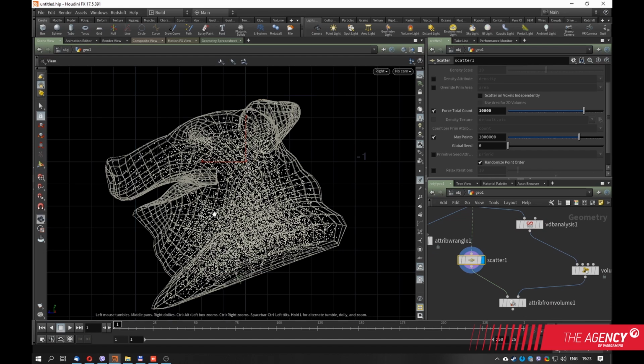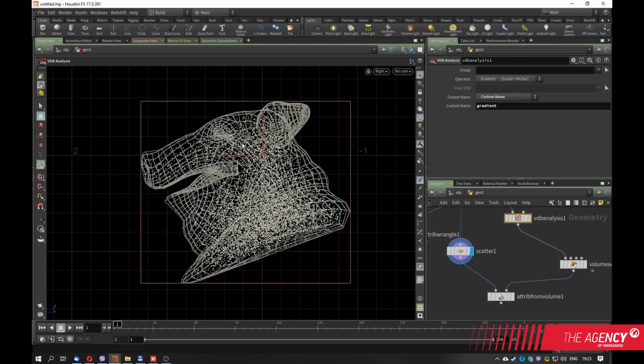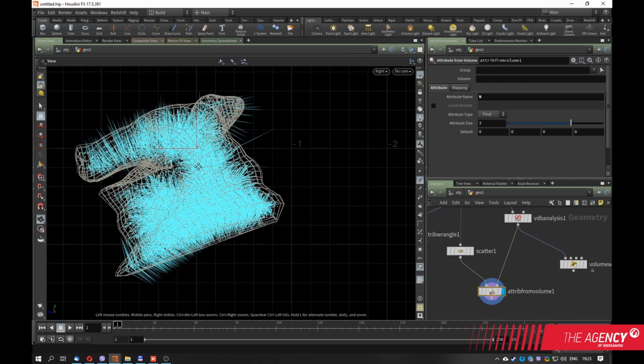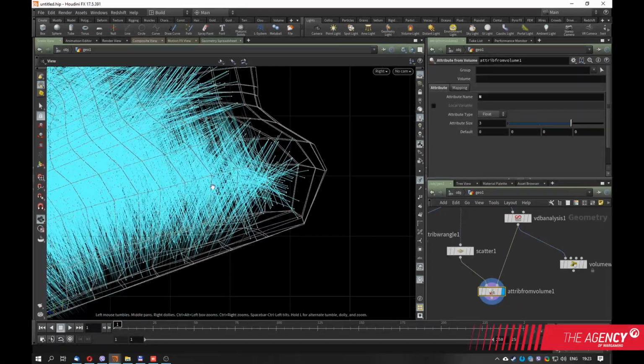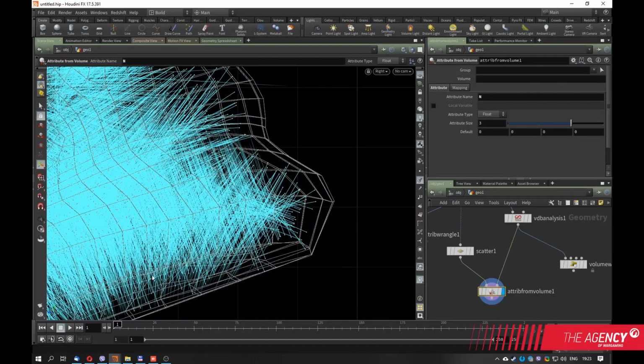I create a bunch of points inside volume, and I will sample gradient from the volume to each of these points. So you can see that all gradient vectors are pointing inward,